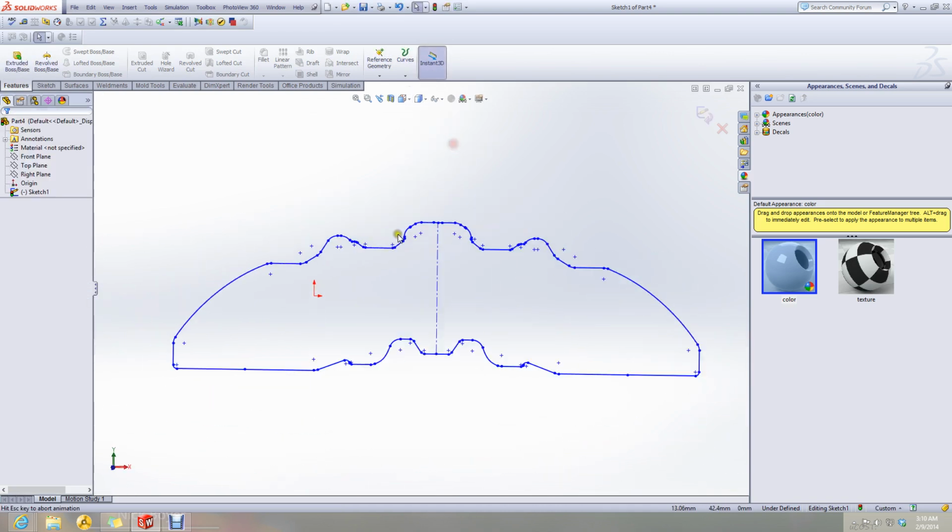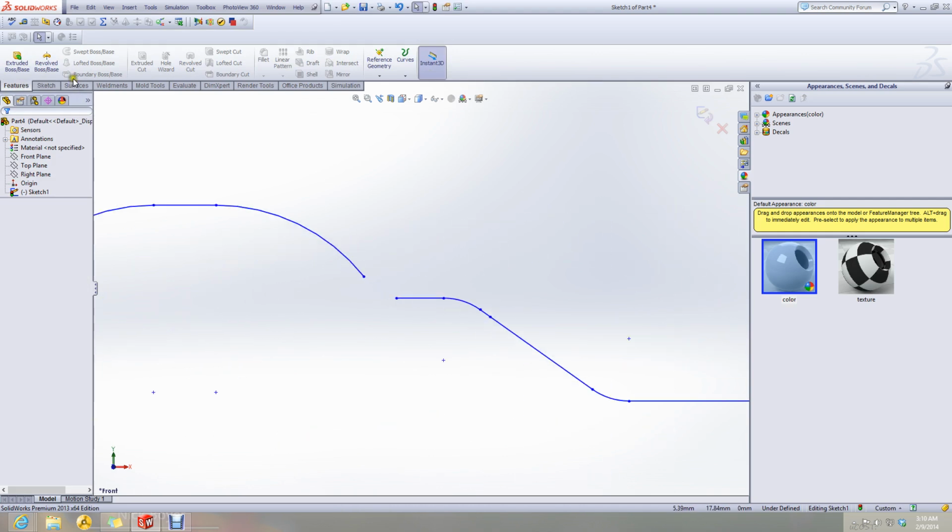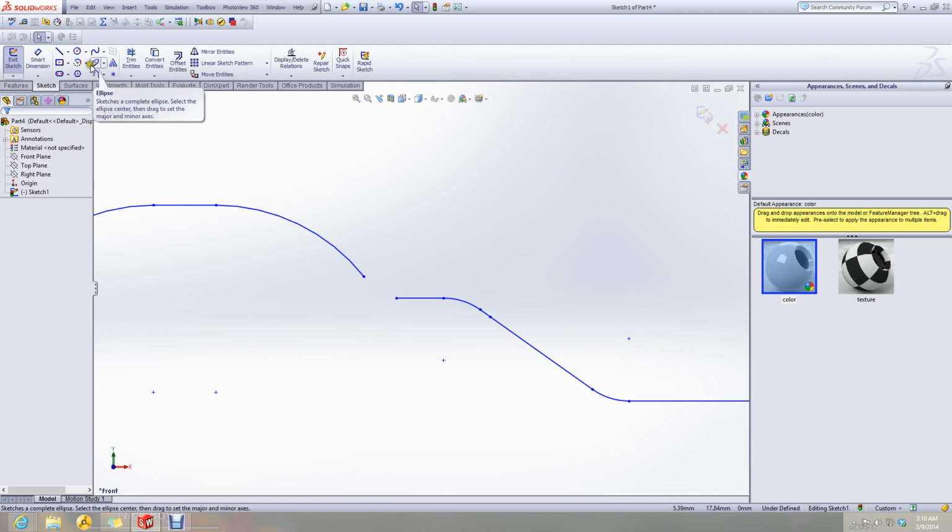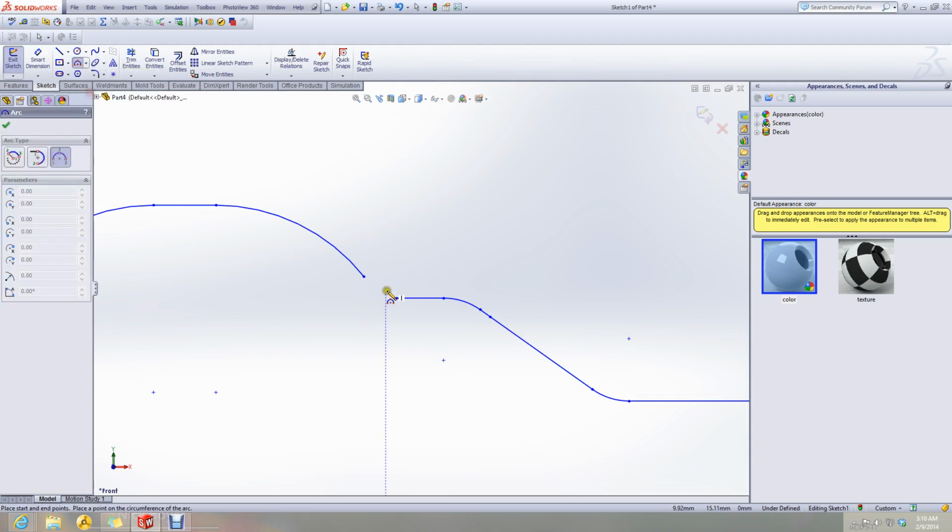Okay. There's a small sketch missing. I make an arc here.